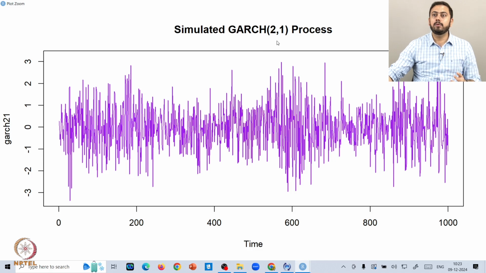So obviously, if you compare ARCH 1 and GARCH 2.1, GARCH 2.1 is an extension of ARCH 1. So GARCH 2.1 would be much more capable of capturing a highly volatile time series, where variance is changing abruptly and much more predominantly as compared to ARCH 1. So hopefully all these points one should keep in mind.